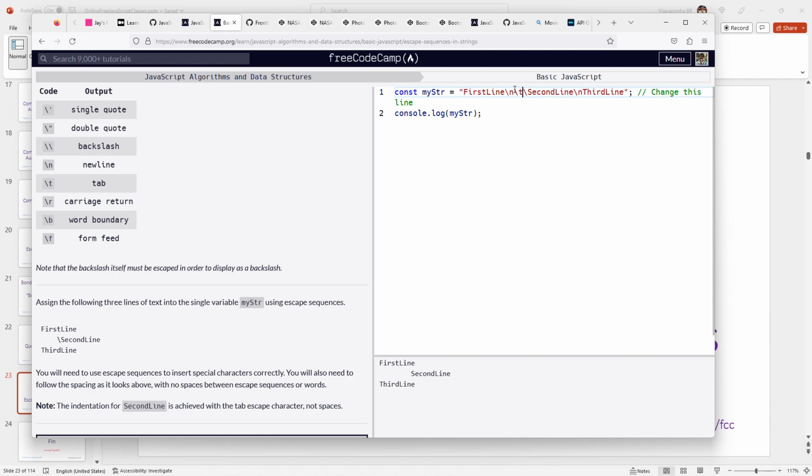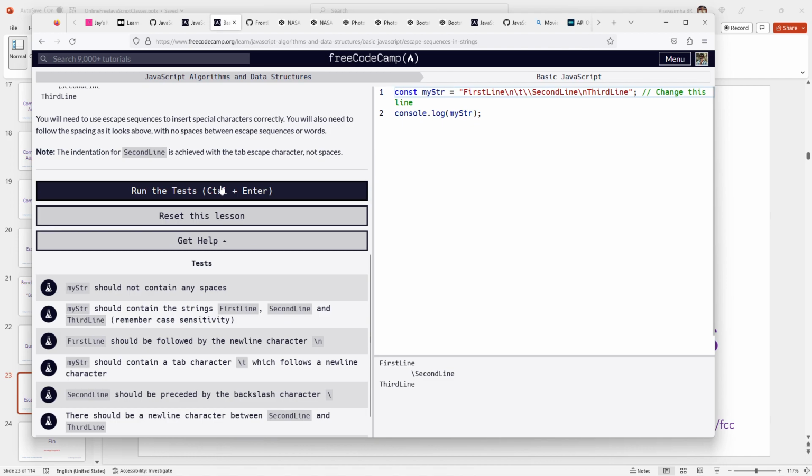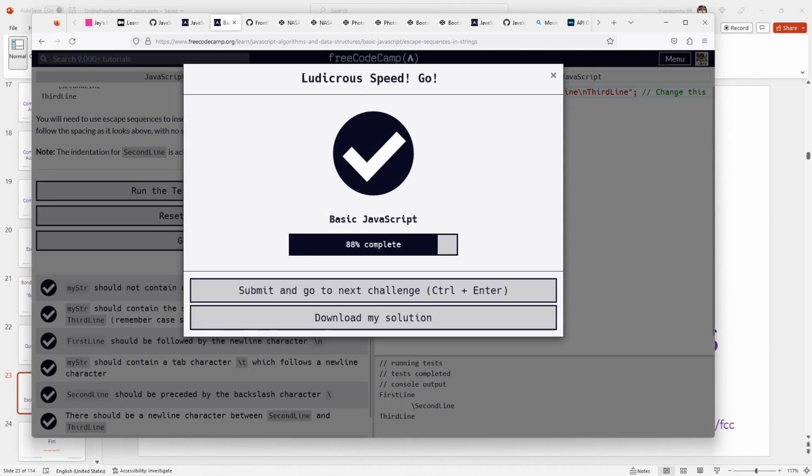Now the next thing is I need to show this symbol. How do I show that? That's a backslash. So I'm going to go here, and I already have a slash there, so I'm going to put one more. There it is. So if I were to run the test, I have passed it,